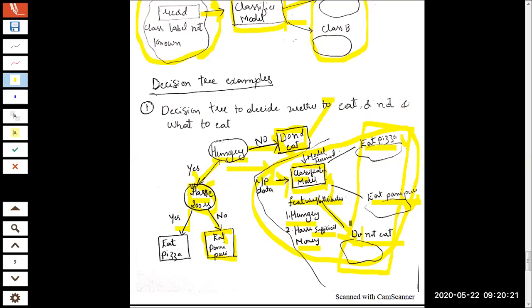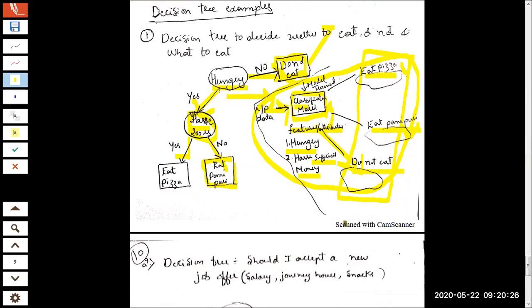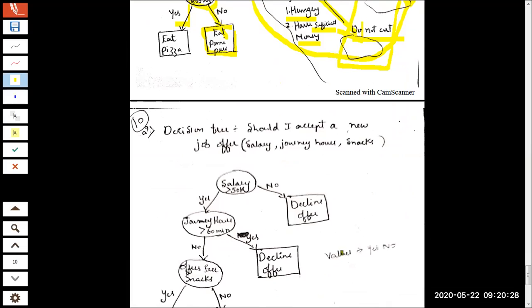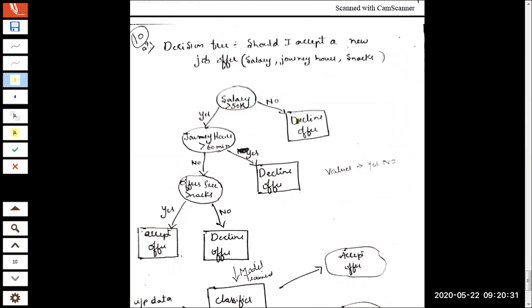We will see a few more examples. The more the examples, the better the clarity. Based on this philosophy, given a few examples, you can see. The second example was whether a person should accept a job offer or not. Once again, it's a funny example. All the examples are taken from textbook. These are not my own sources. The first example, classifying whether it's a mammal or a non-mammal, was from textbook. The other examples are from different internet sources.